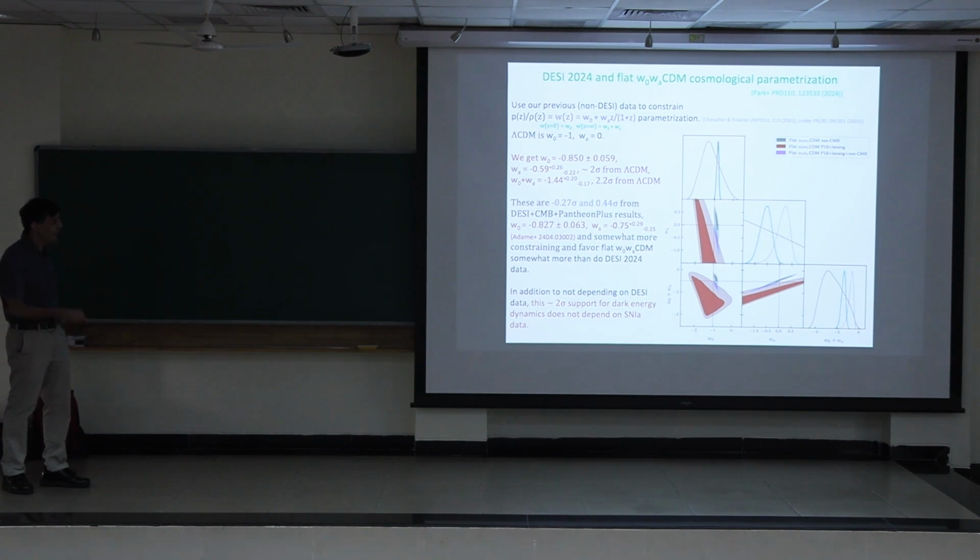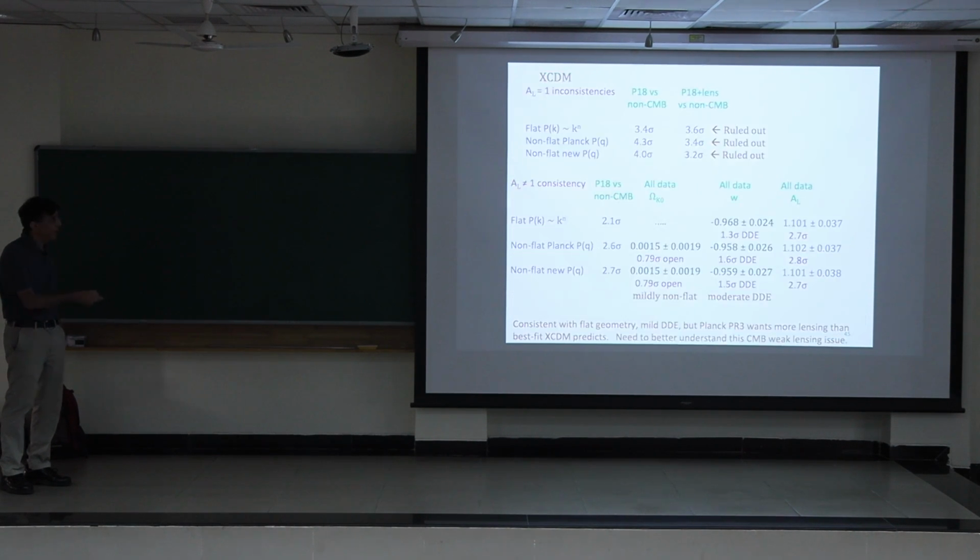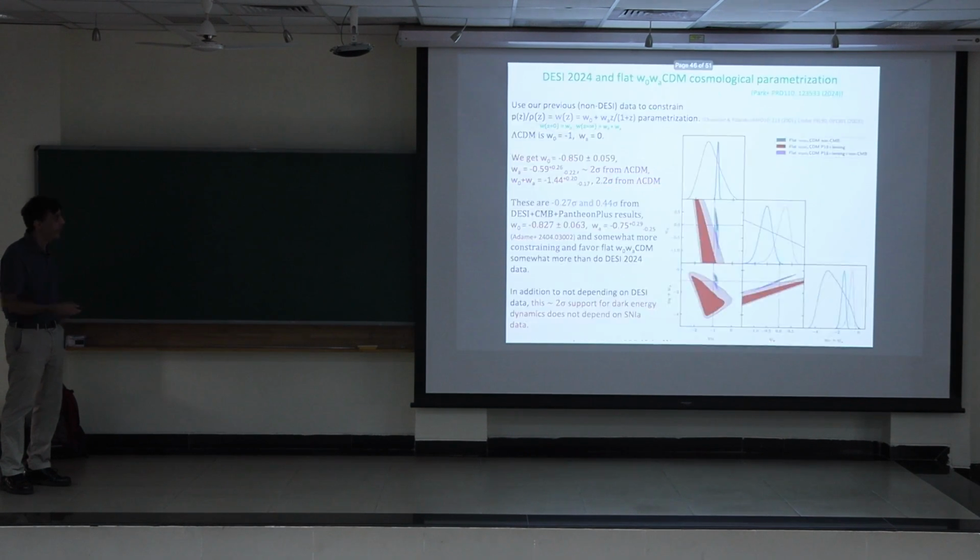And you can see what's happening here if you focus on this panel, which is wA, w0. The red contours are the CMB data, and they're forcing you into the phantom part of this plot. And the gray contours are the non-CMB data, and they're forcing you into the quintessence part of this plot. You don't have these huge discrepancies between those two data sets. They're typically about 2.2, 2.3 sigma. So it's fair to combine them jointly, and then you get these blue contours over here.